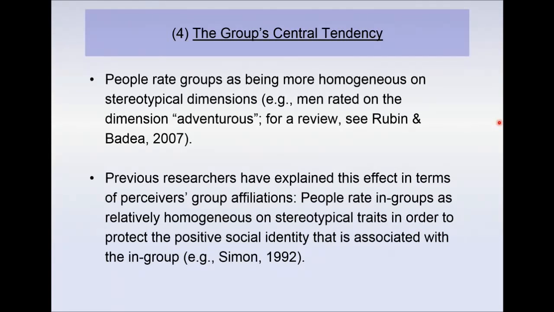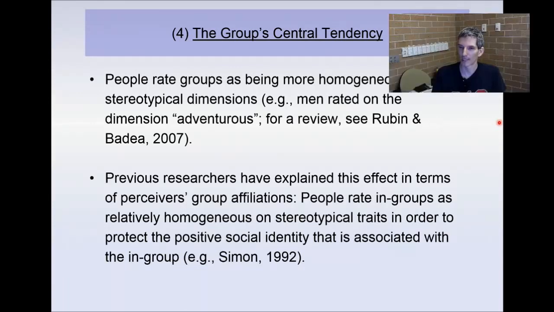So we have an effect there, and what is confusing is we're not sure exactly why it is. Why do people rate group members as being all very similar to one another on traits that they possess? That's the question. Previous researchers have explained this effect in terms of perceivers' group affiliations. So people rate in-groups as being relatively homogeneous on stereotypical traits in order to protect the positive social identity that's associated with the in-group. And this sort of relates back to what I was talking about at the beginning,